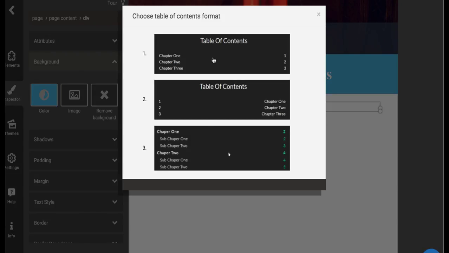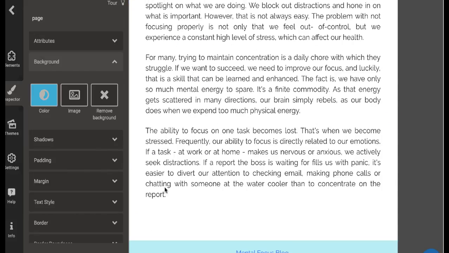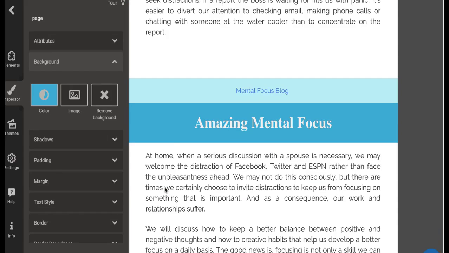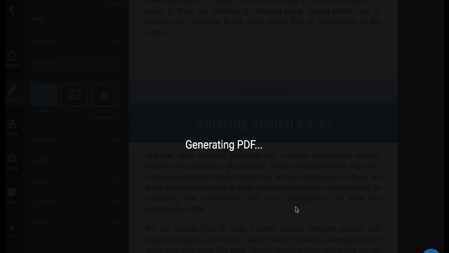All right, for this particular illustration, I'm just going to use this because I've given you other illustrations about that. So what you see here, this welcome to Designrr, is actually that call to action. If I didn't want the call to action to appear in my table of contents, then I'd do the table of contents and then add the call to action. All right, now that basically is the completion of my document. So let's save it. We'll publish it, because the best place to see how it's actually going to look is when we publish it. But that is the four functions that you do